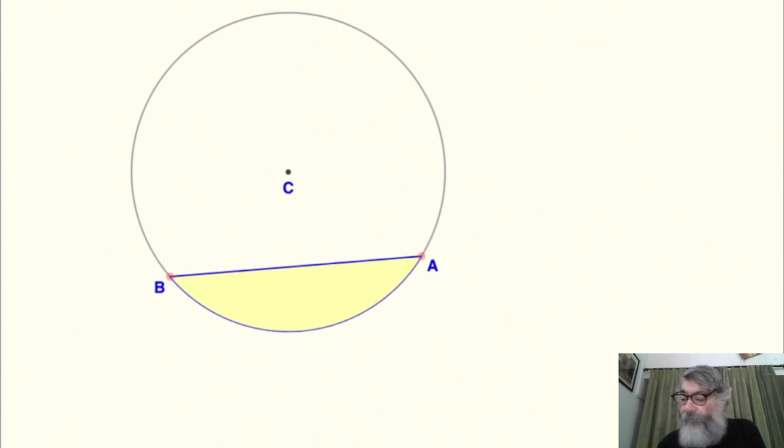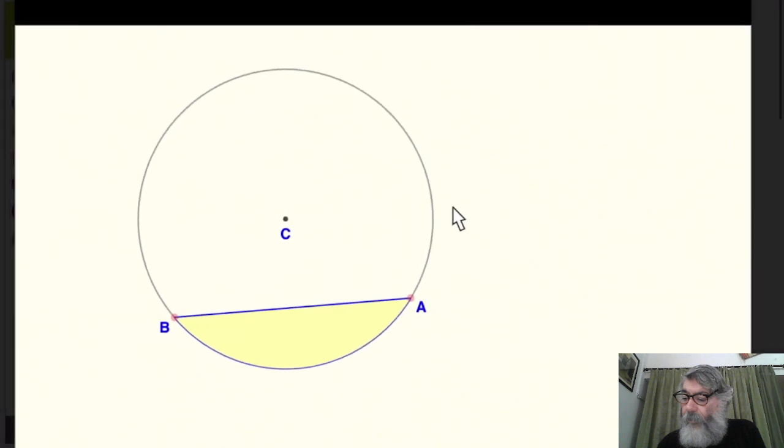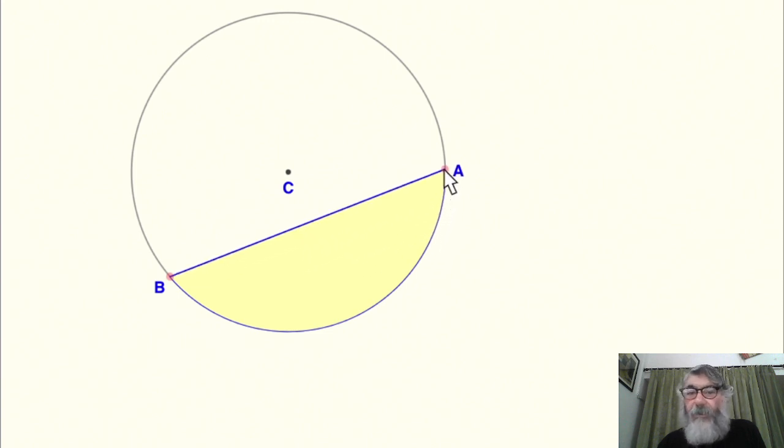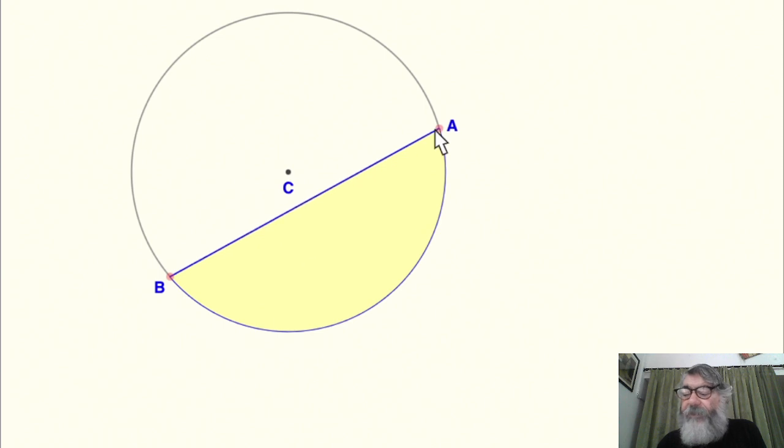But if I move it closer to the center of the circle, the distance between the center and the chord decreases, and the length of the chord increases. So this is about